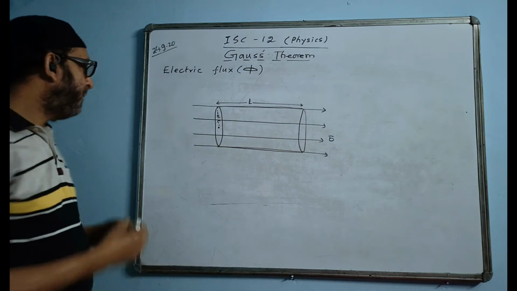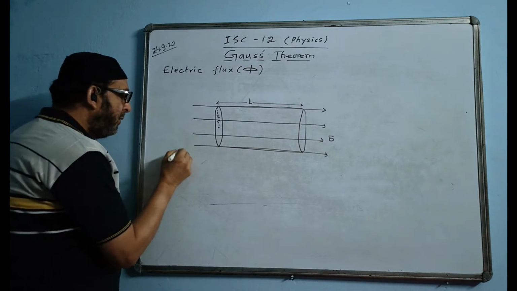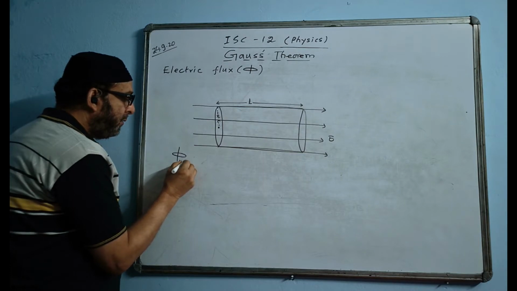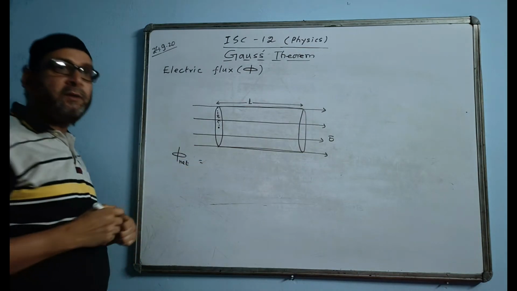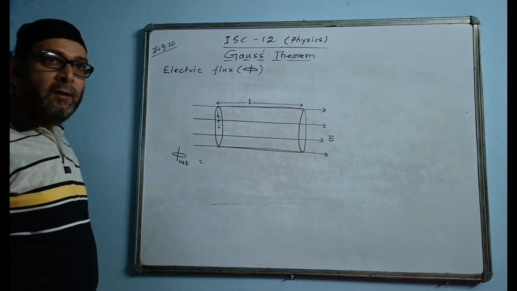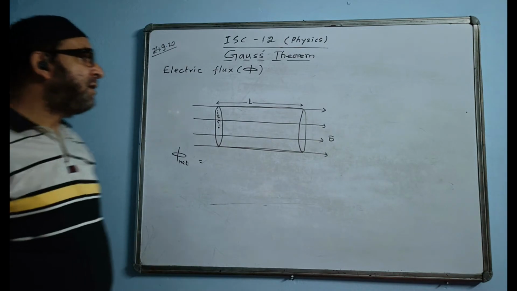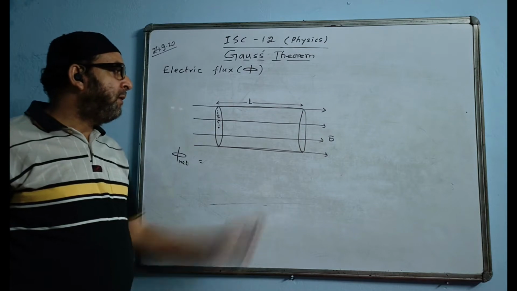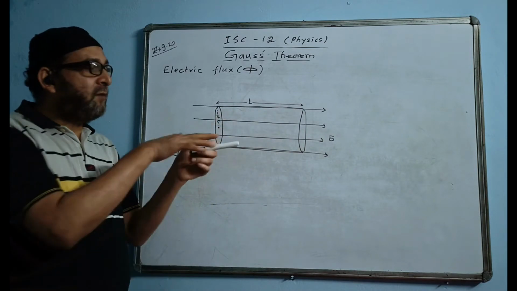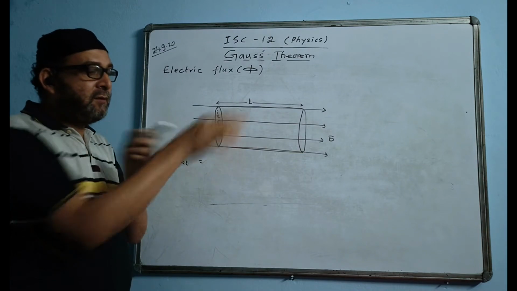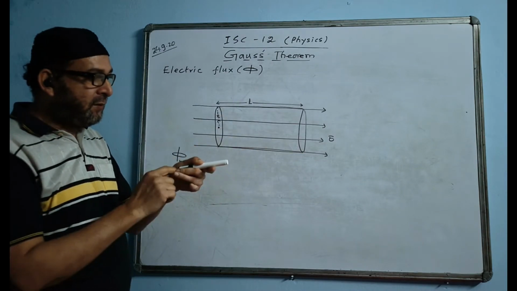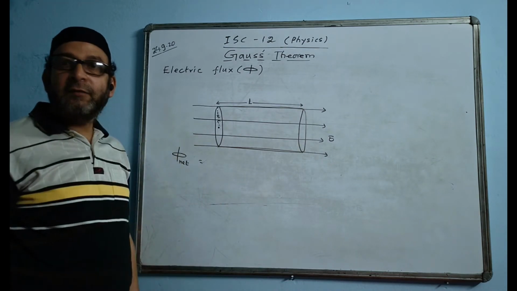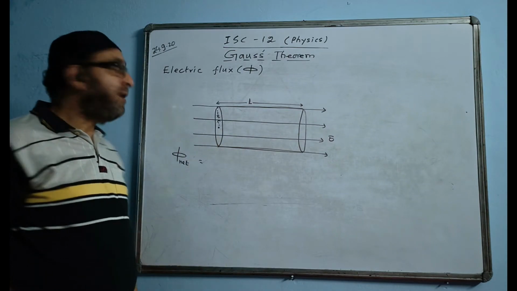So how to find the flux? Phi total, or you can write phi net. Net means total flux. Phi net equal to. We see how many surfaces there are in this conductor. I'll say there are three surfaces: two circular and one curved surface, the round one, like the tail. One surface here, and this one sideways. That is called the curved surface or lateral surface. So there are three surfaces, there will be three fluxes.